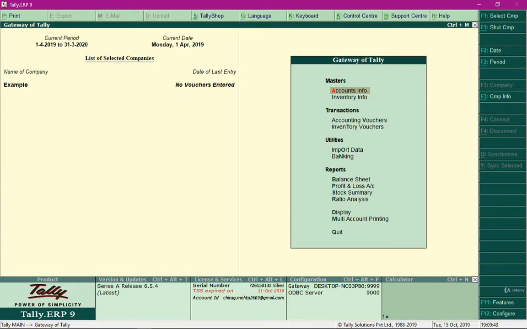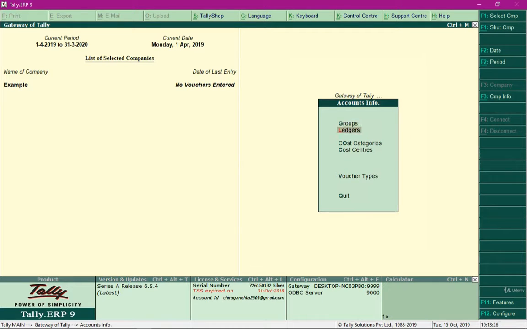In this example, I will show you one more use of cost centers and cost categories by using an example. In this example, this company wants to track expenses of its departments like marketing department and HR department, and they would like to know what kind of expenses are happening in the departments. For this example, I created a few cost categories and a few cost centers, and let me walk you through what those cost categories and cost centers are.